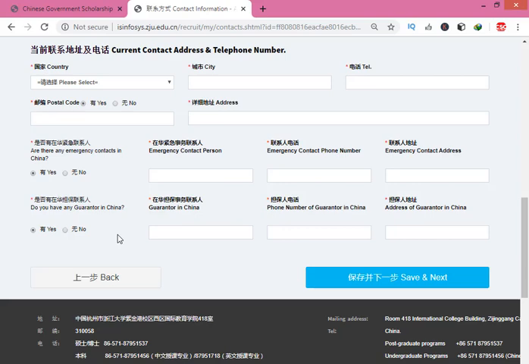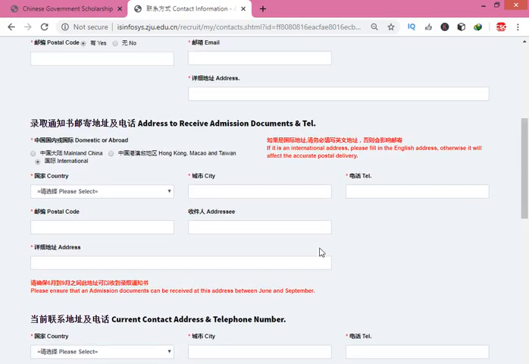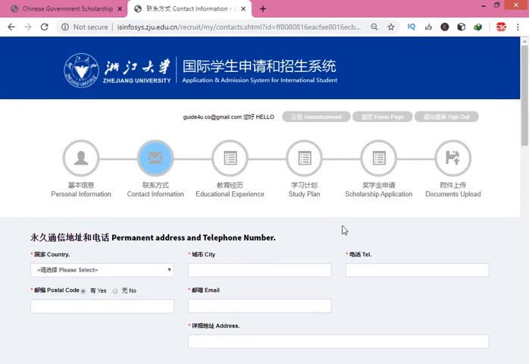If your father is not in China, but they support you, type the details of your father. But if you don't give any details, then you click on no. But I suggest you must type the details of either your brother or your father. Okay, now